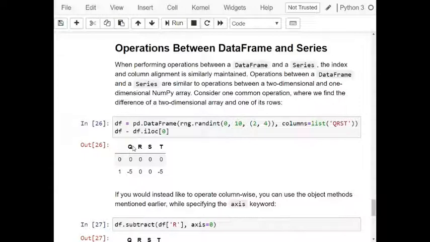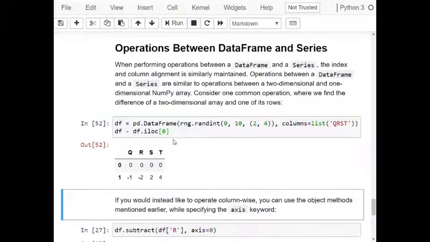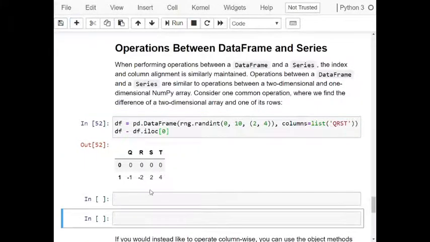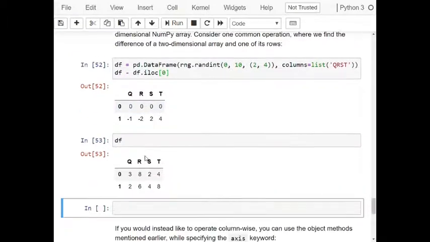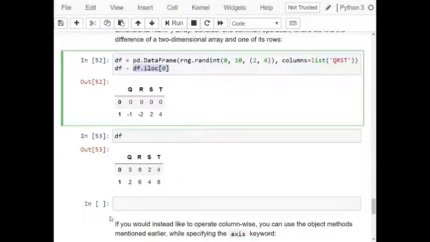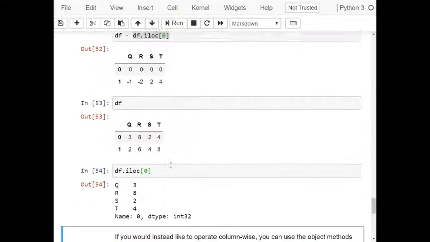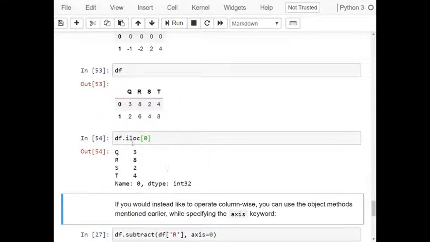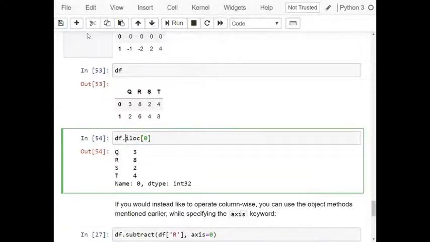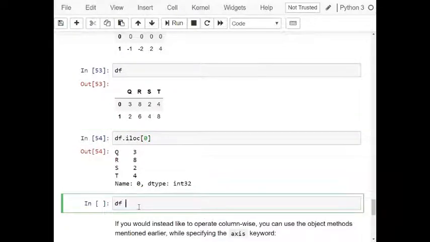Let's take a look at this example here. This is our data frame. Let's call this data frame df. I'm going to break this into multiple operations. This is df, and this is df.iloc[0]. And as you can see here, df.iloc[0] is one row in the data frame. Now, if I do df minus